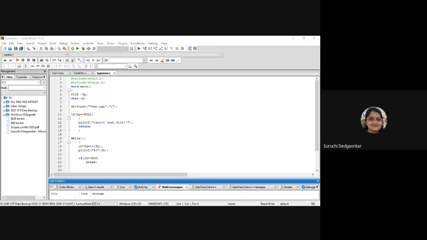In the terminal or in the DOS prompt, we run certain commands for creating a new directory, for creating a new file, or reading from a file, etc. Isn't it? We execute certain commands like mkdir for making a new directory, like that. So we can design our own command using command line arguments.